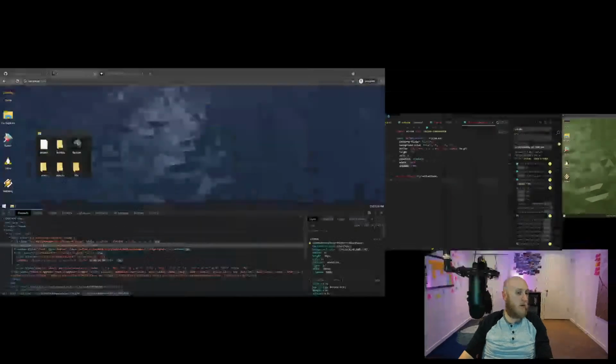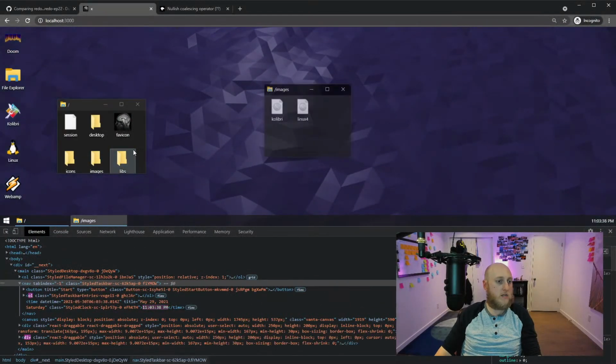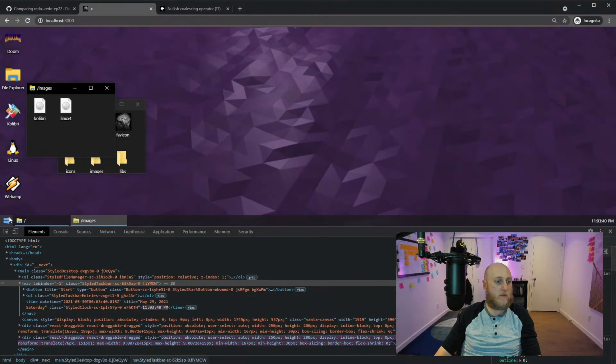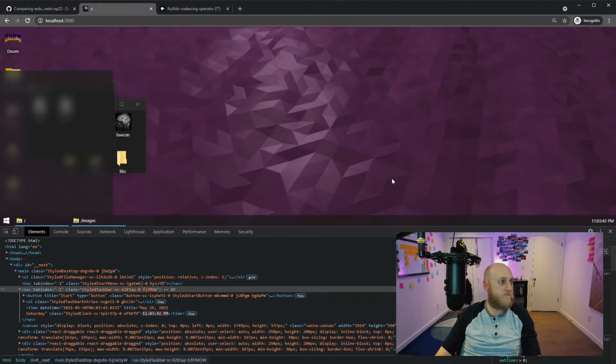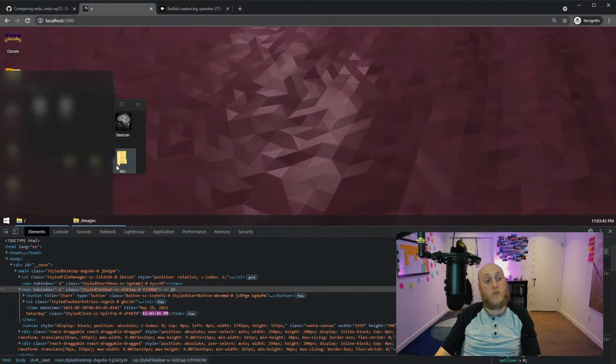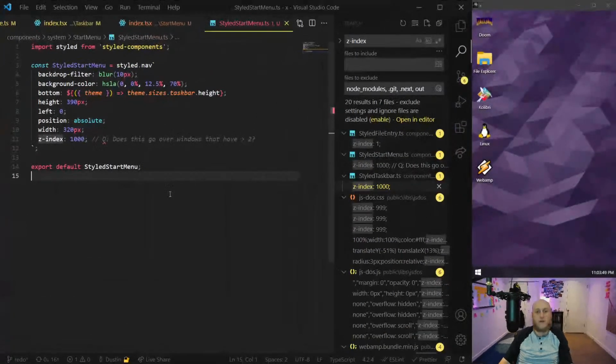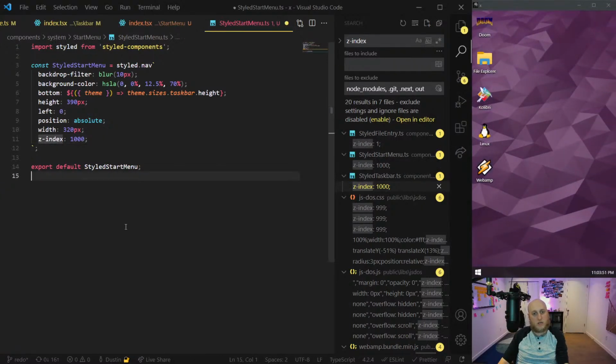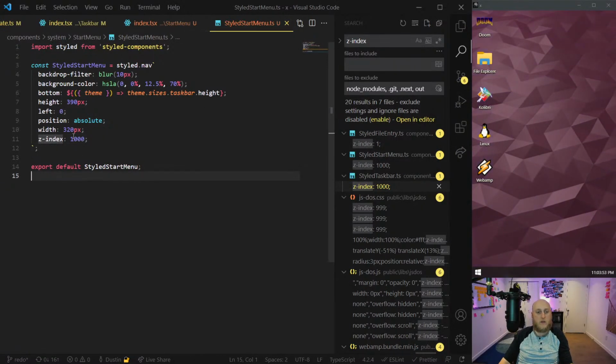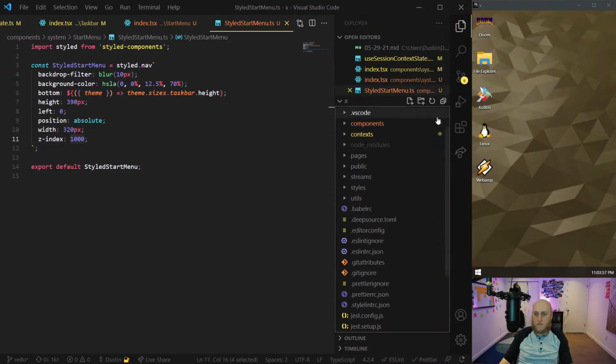So there we go. So now, yeah. So as a test, several windows it should be over top of still. Yeah, there we go. If z-index was 3 now, it would have been under this one and not that one, which would have looked weird. But okay, that's a better z-index there, and it matches the taskbar. I might even just make this a constant. Let's do that, because that's a shared one.